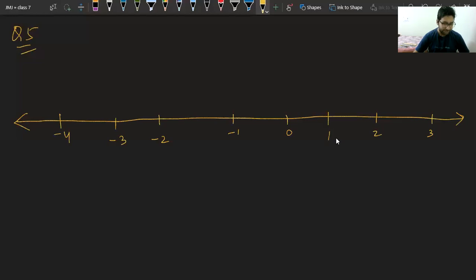Now class, what they are doing is they have made three divisions between -2 and -1, and they have done 3 divisions between this also, and they are saying the points' names are U, S, R, T, A, P, Q, B. Class, are you ready for the challenge?